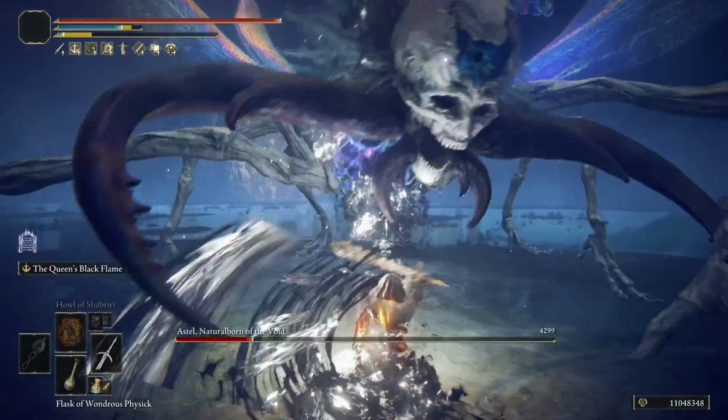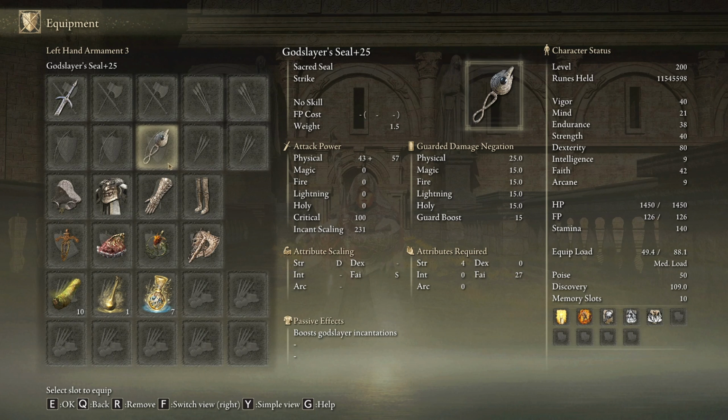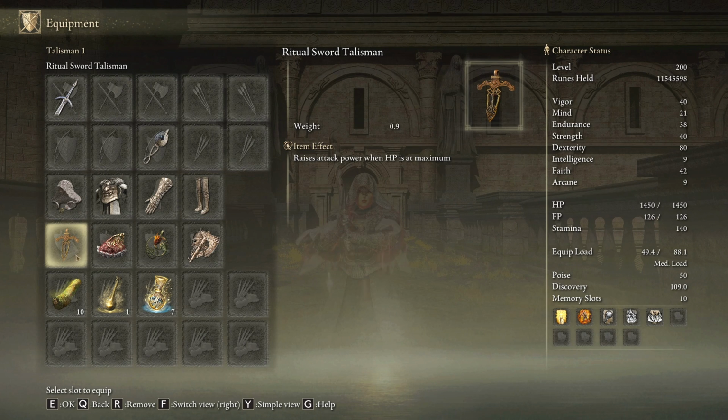The Godslayer's Greatsword must be upgraded to plus 10 and we need the Godslayer seal to boost the power of our incantations and to cast our main buffs. The Black Flame Monk set goes wild with this build, so I strongly recommend you to use this one. The best talismans we can choose are the Ritual Sword Talisman, the Shard of Alexander, the Fire Scorpion Charm, and